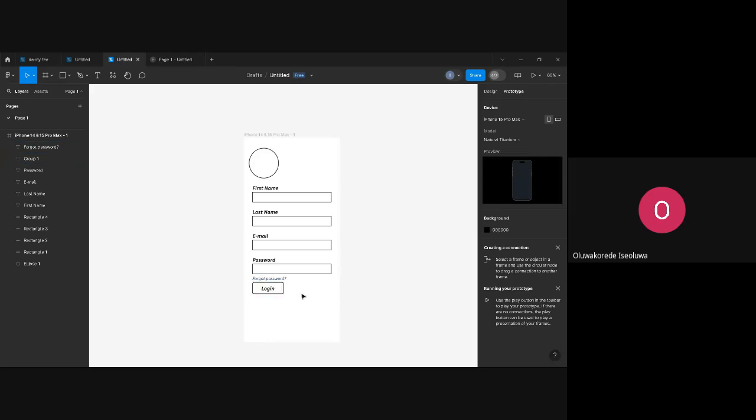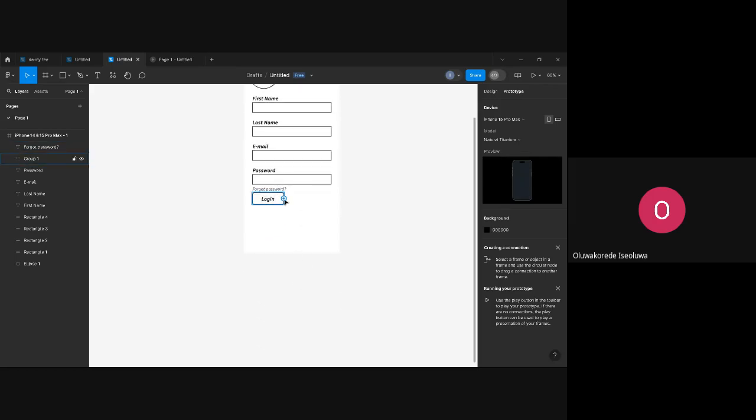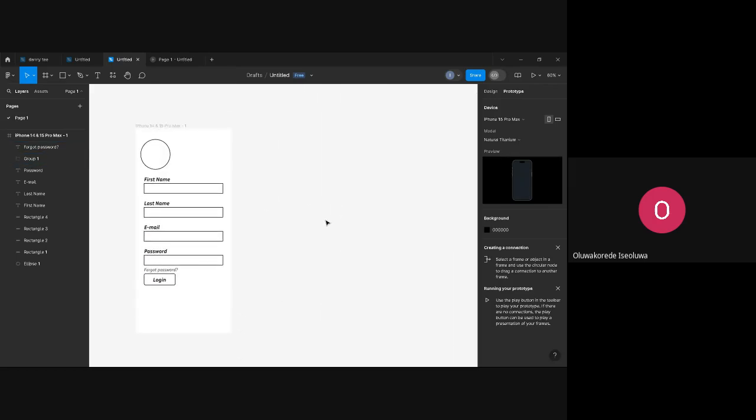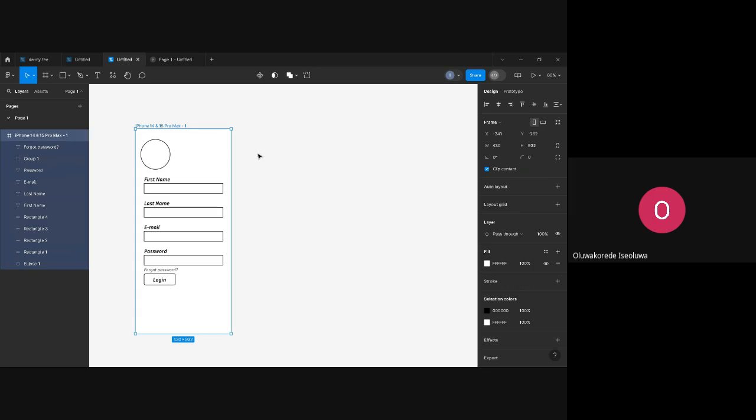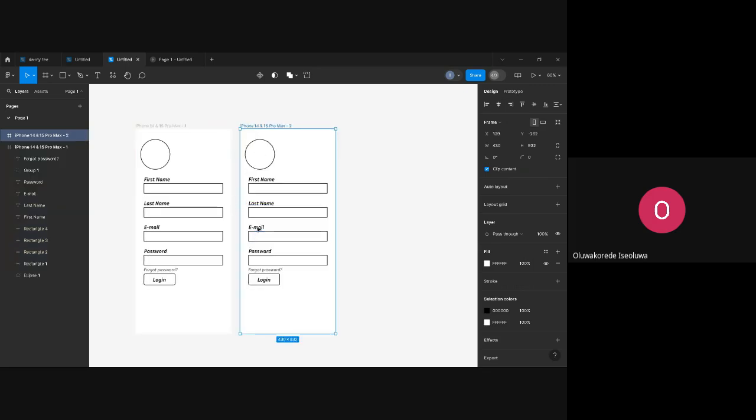So I click. So let's say now I'm about to design, no, prototype. So we just create a new frame. Or let's say we duplicate this frame side by side. Then we change this to